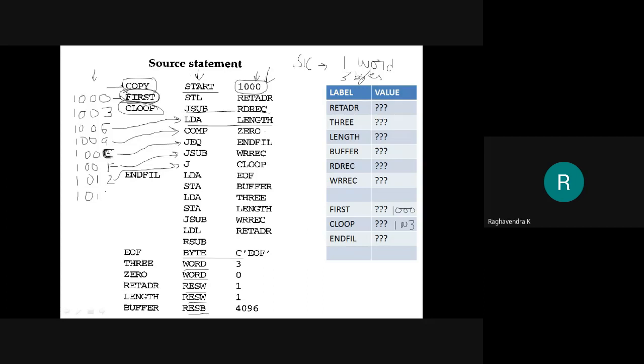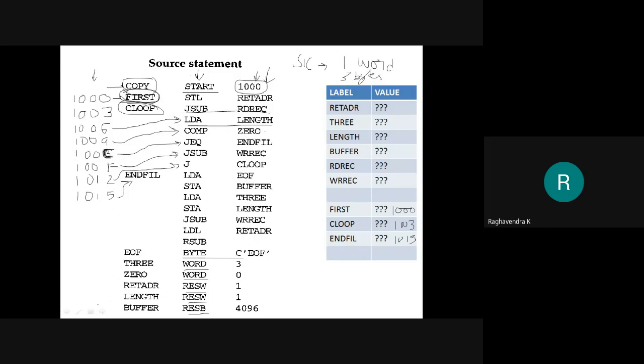So 1012 plus 3, so it is 1015. So ENDFIL has a value 1015. So I'll just fill up that 1015. Right? So like this, if we go on, we can get to the end of the statement here, which